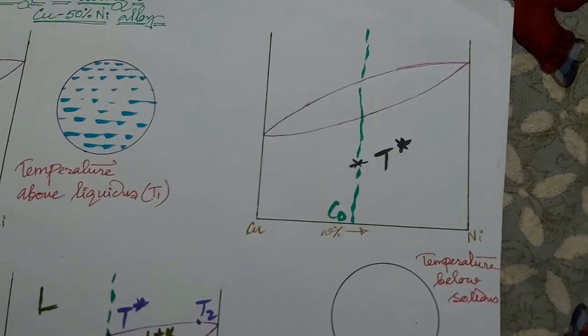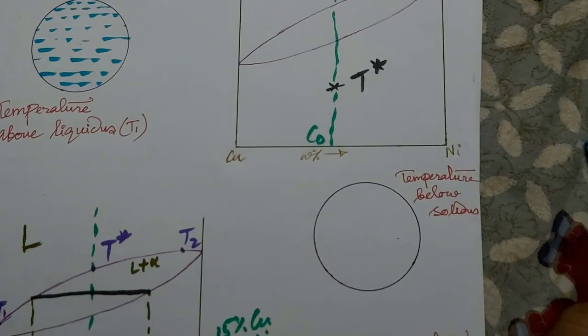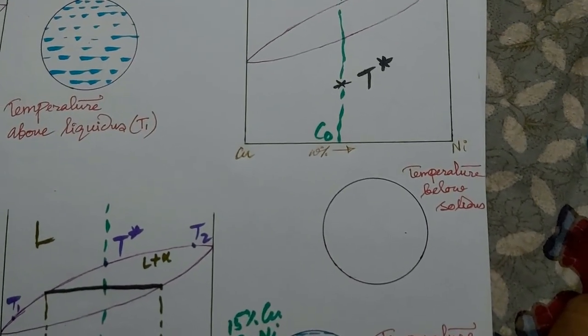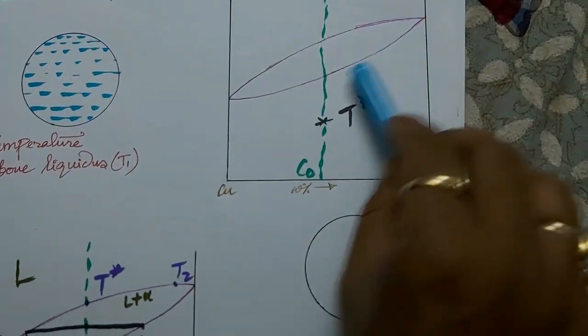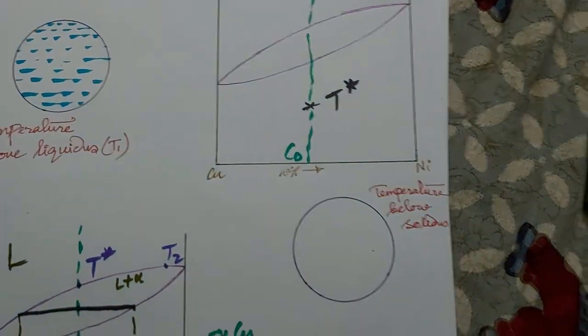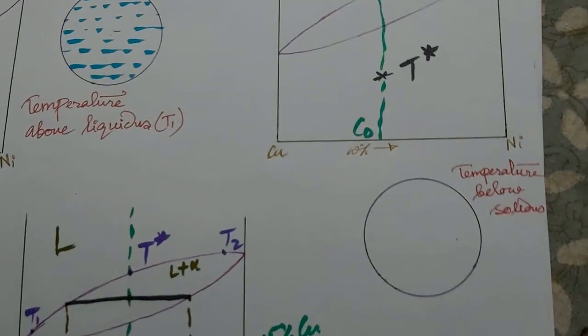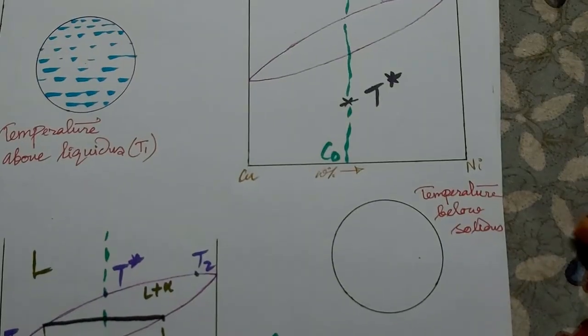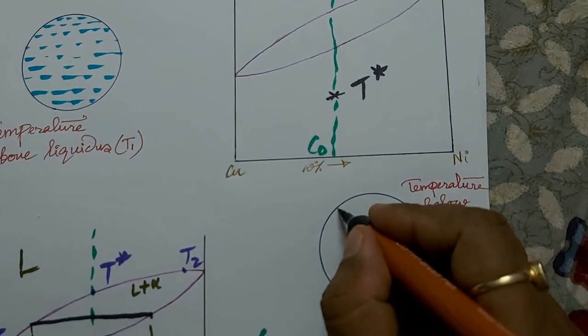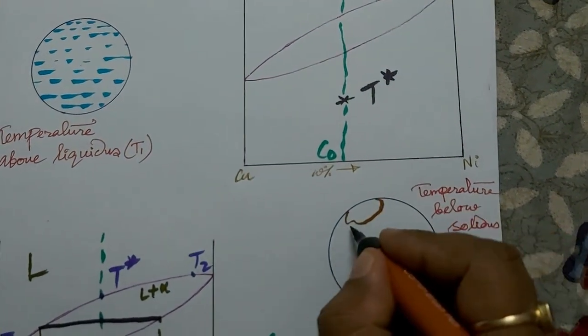So now we will see the microstructure at this temperature, which is below the solidus line. In this case the microstructure will consist of all solid or alpha